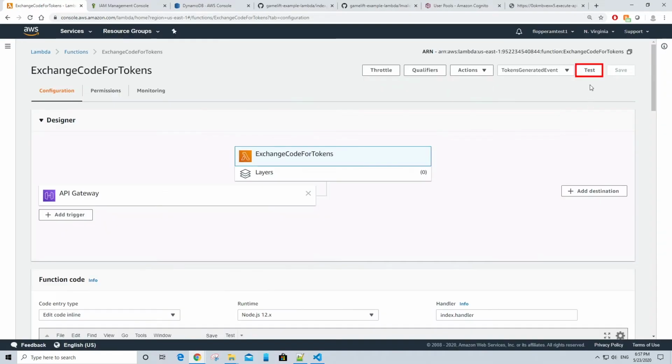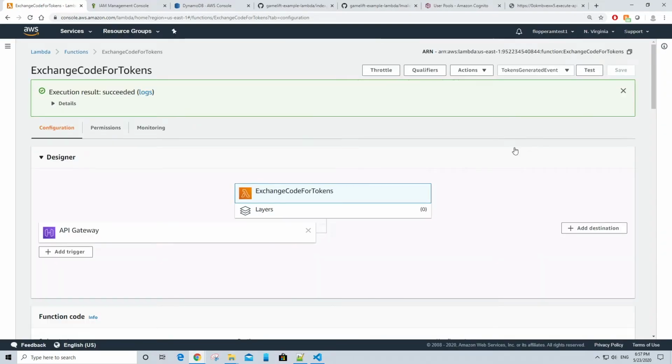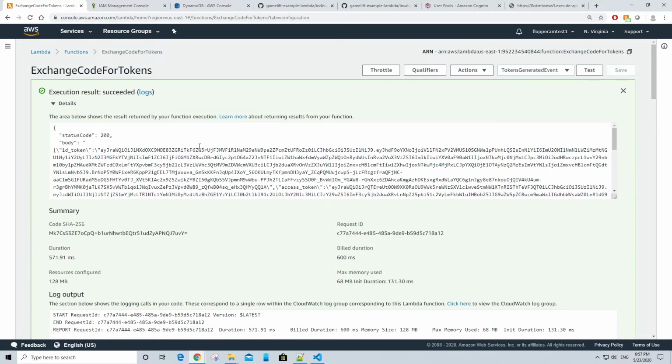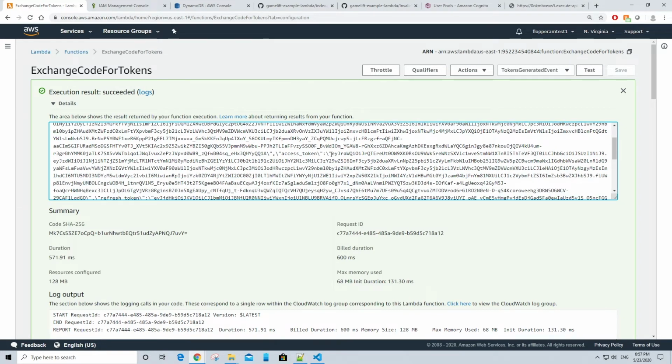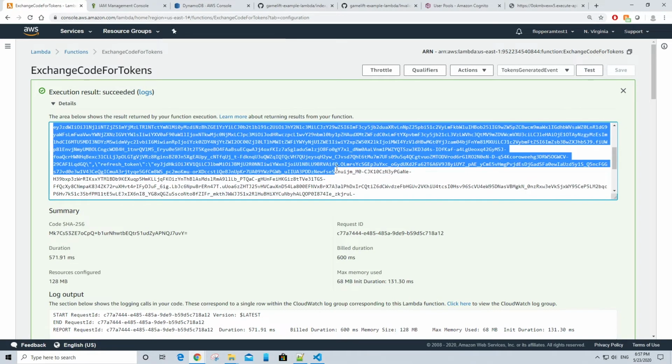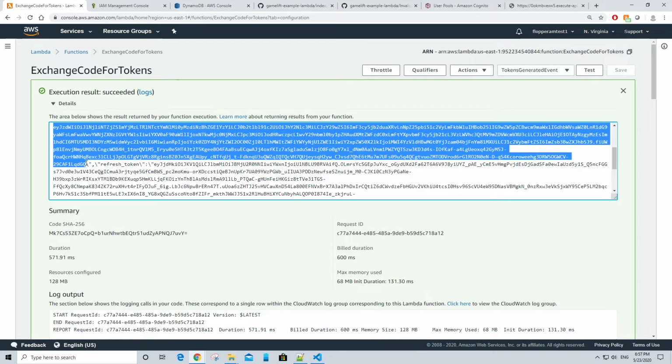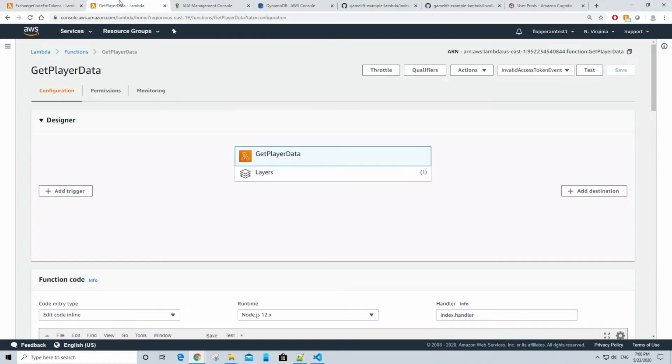Click on save, and then click on test, and then under where it says execution result succeeded, let's expand the details and find the access token. So for me it's right here, and then just copy the value because we're going to need it for our get player data function. So now go back to the get player data lambda function and click on the drop